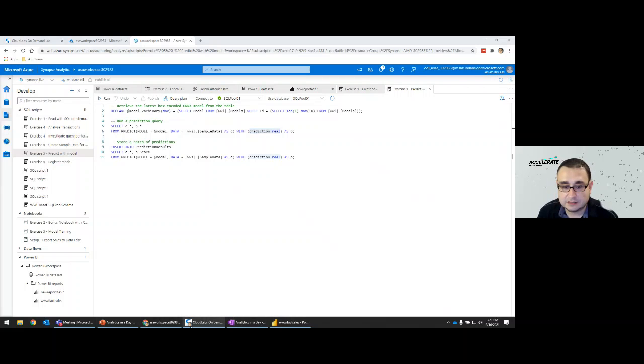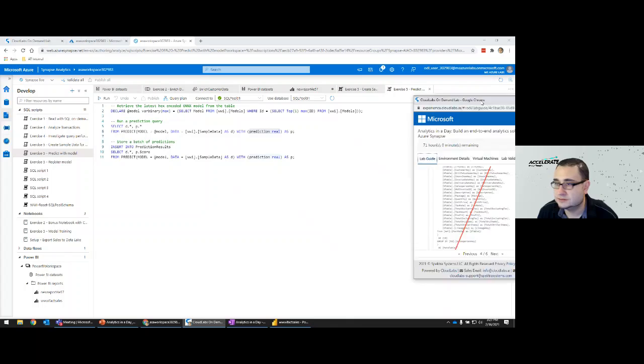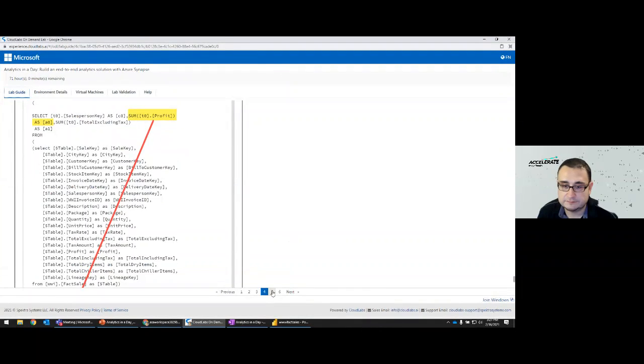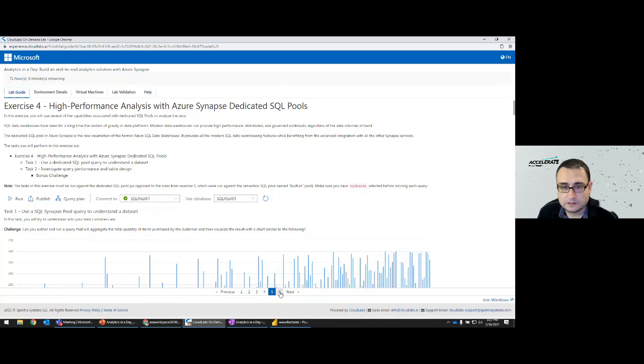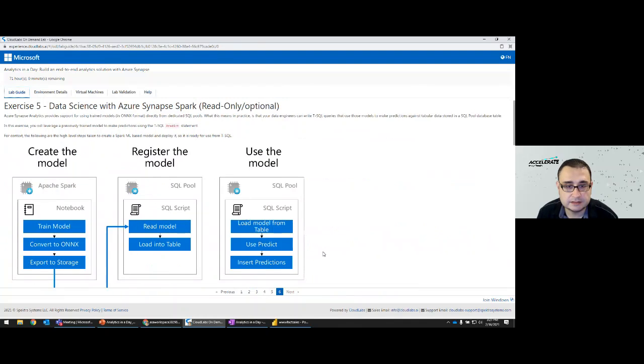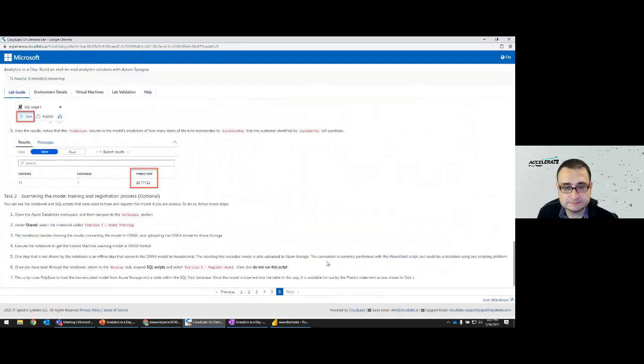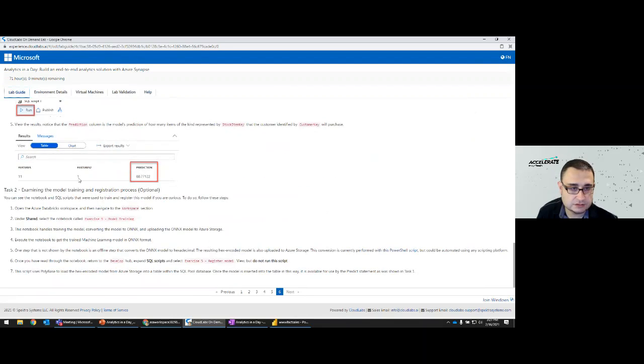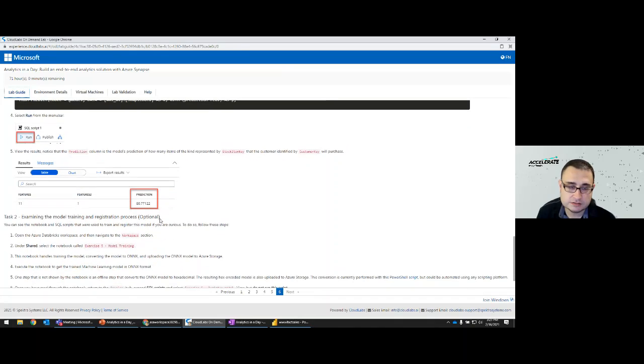And in essence, what you will see returned, if you look at lab 6, is your original table. In this case, the table only has one row, and the prediction. This is a model that predicts the number or the amount of products that a particular customer will buy from you.